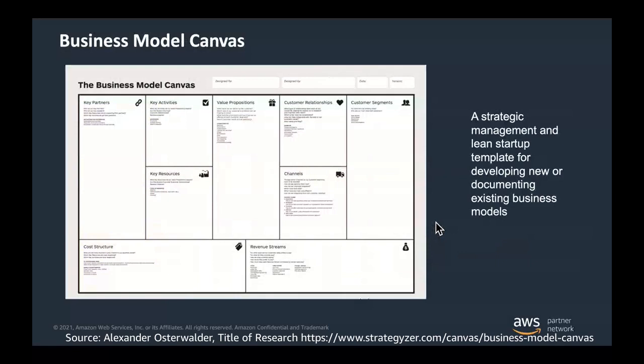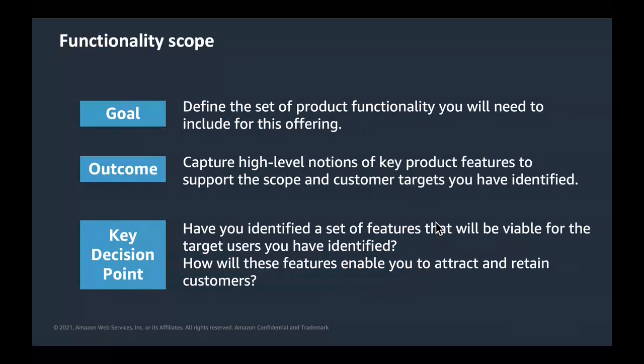After this step, or even before the next step, there are different tools and templates that you can use. The working backwards process that was shared earlier is one example. The PR FAQ process is another example, and probably most of you are familiar with the business model canvas, which is also another tool for you to define those customers, the segments you would like to target. After defining those early adopters, the next step is defining the functionality.